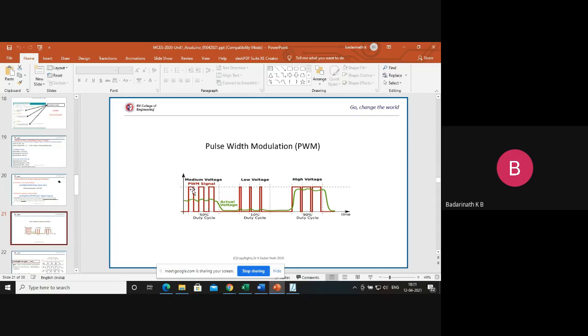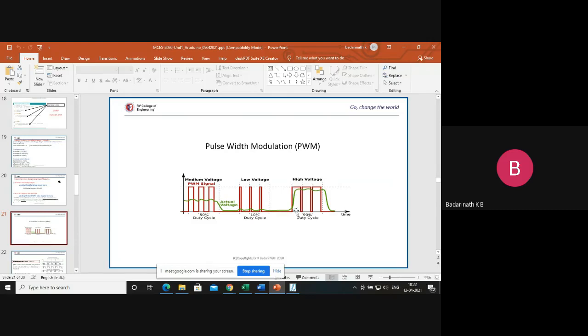That means the more the on time in a given waveform, the more the effective voltage, the DC voltage you can see in the multimeter. If the on time is less, the voltage you get is less. If it is in between, that is, both the on time and off time are equal, then it is a medium value. So what is the maximum actual voltage you can get? Maximum it can be 5 volts. It cannot be more than that.